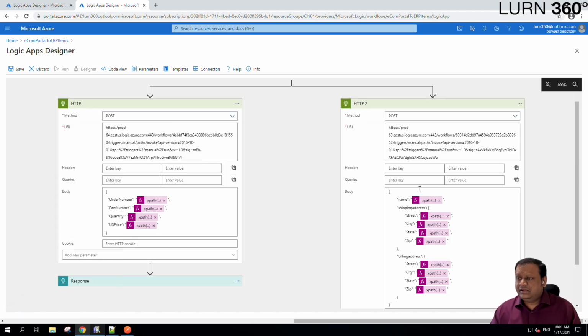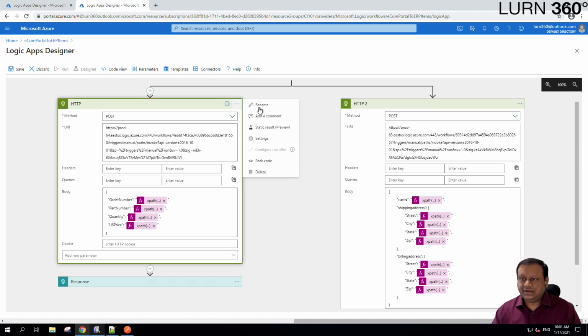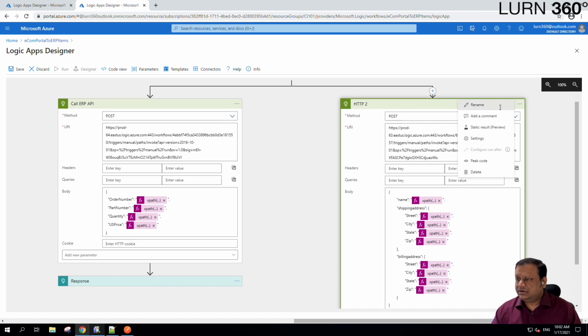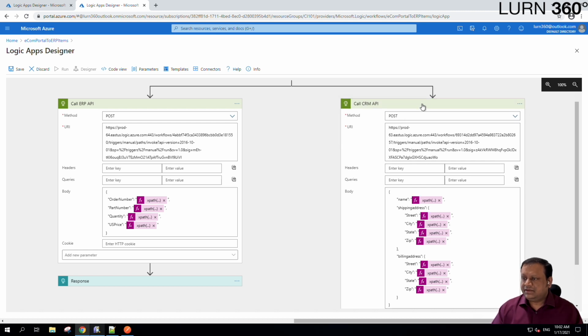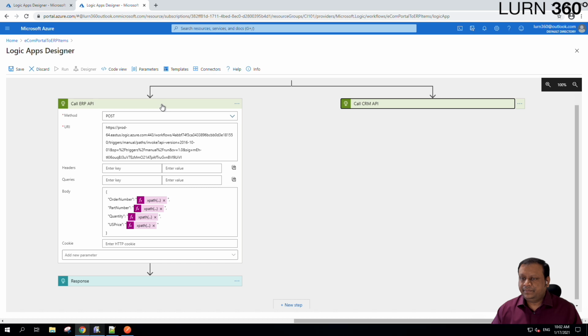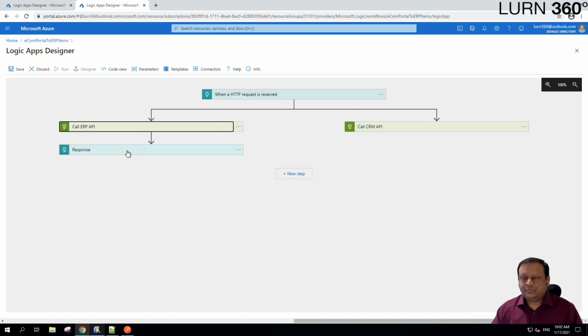system. Let's rename both of these because earlier we just had one HTTP, now we have two of them. So instead of leaving them 1 and 2, let's give this a name. You can click on these 3 dots here that would allow you to rename this action. Call ERP API, and then this one is going to be call CRM API. Okay, so the CRM API call shape is configured,